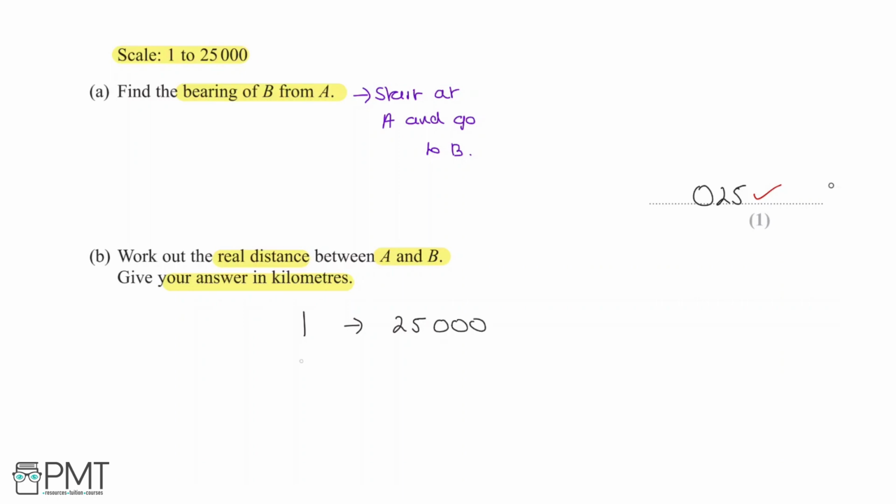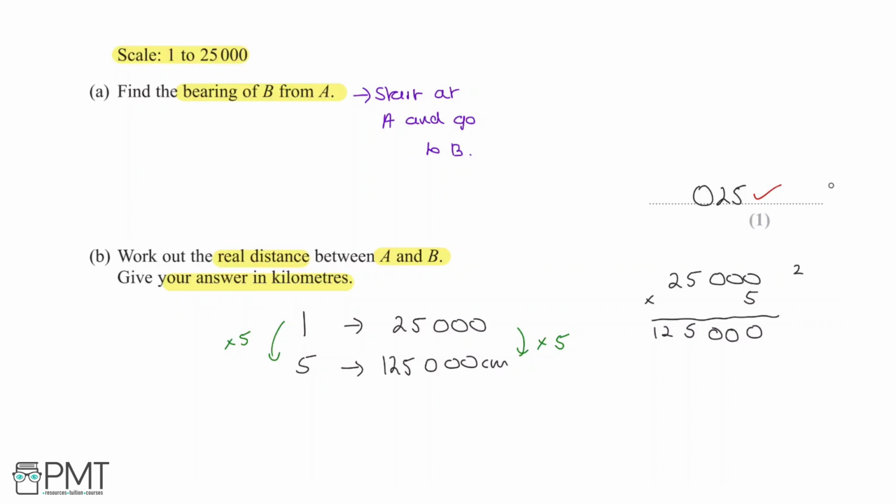So we have 5. The way this is going to be is 5 times 25,000, and the reason is we multiply this side by 5, so we need to multiply this side by 5. Let's set up a quick column multiplication. 25,000 times 5, like that. 5 times 0 is 0, 5 times 0 is 0, 5 times 0 is 0. 5 times 5 is 25, so we write down the 5 and carry the 2. 5 times 2 is 10, plus the 2 is 12. So it's 125,000